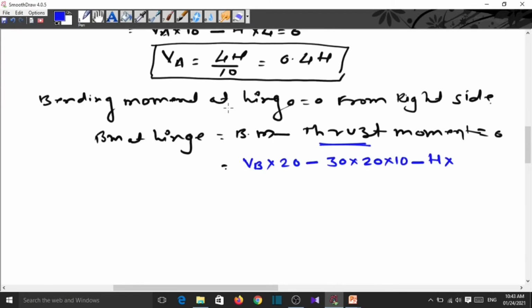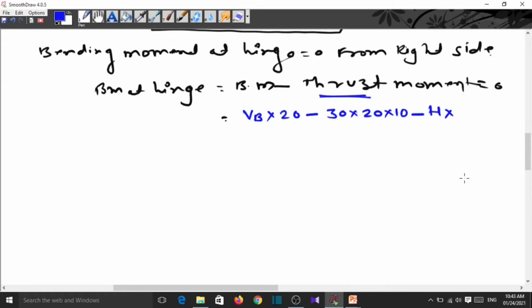So minus H into 16 is equal to 0. So we can say that VB into 20